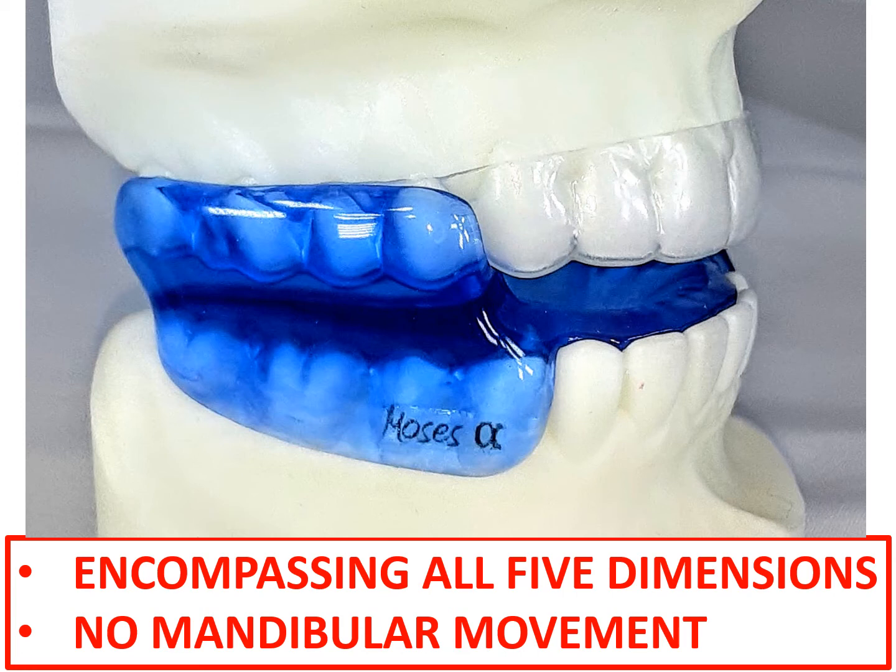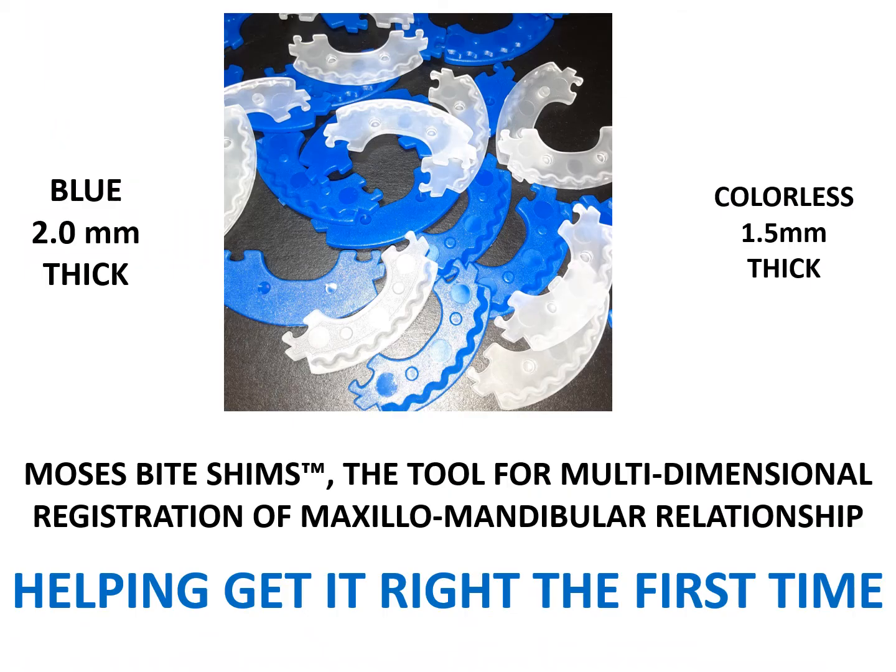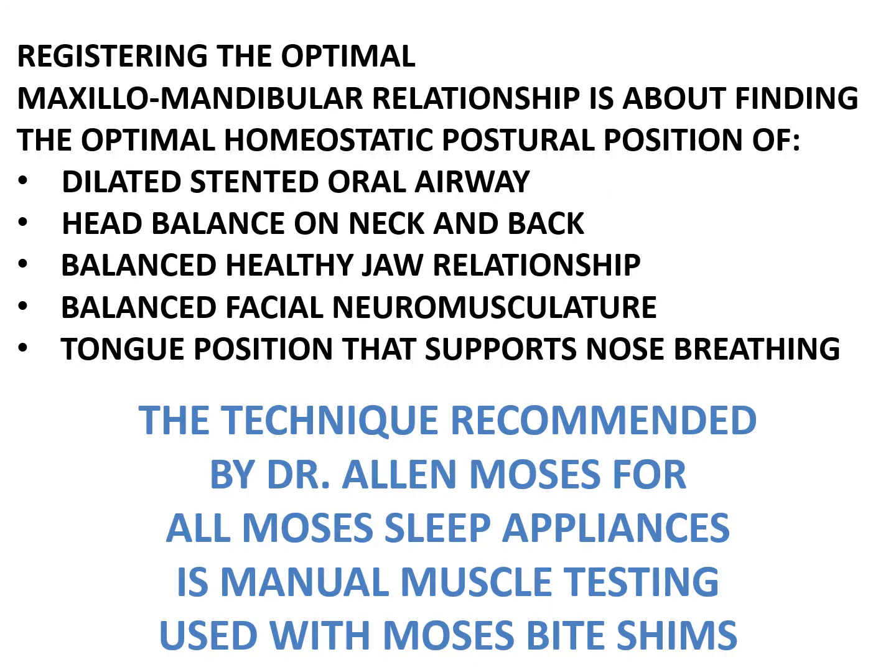No mandibular movement during sleep. Stable airway. Once again, there's a picture of the shims. Remember, the 2 blue ones are 2 millimeters thick, colorless ones 1.5 millimeters thick. Moses Bite Shims are the tool for multidimensional registration of maxillomandibular relationship, helping you to get it right the first time. Registering the optimal maxillomandibular relationship is all about finding the optimal homeostatic postural position of the dilated stented oral